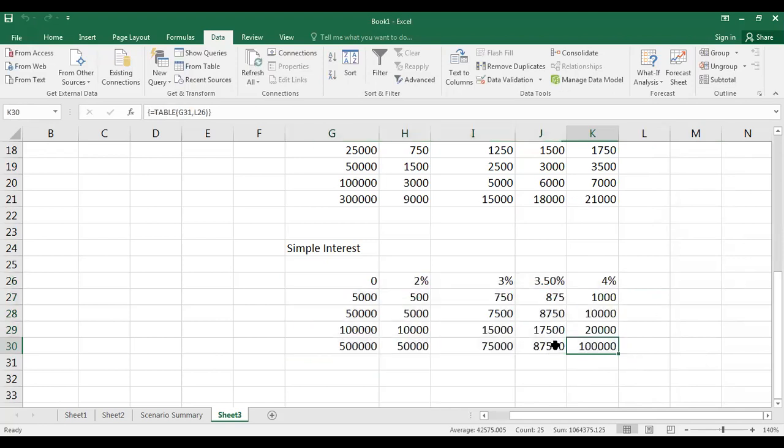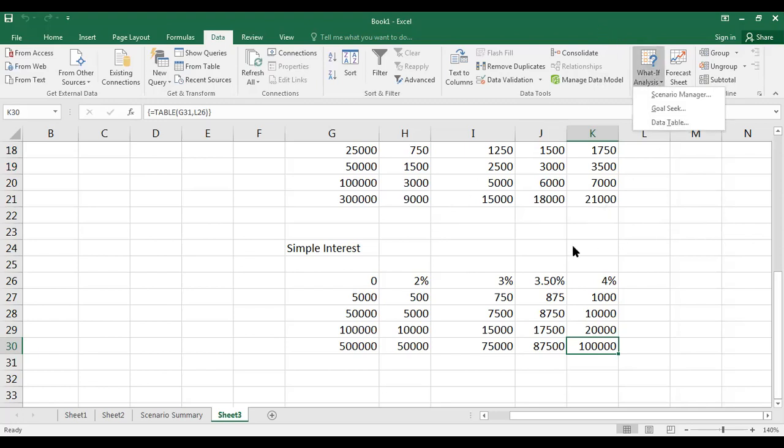Now the values will be filled. Inside every cell, it's the combination, for example 5 lakhs into 4% into 5 years. For 5 years, this is the simple interest. If they invest 5 lakhs, they will get 1 lakh rupees as interest at the end of the 5th year. Like this, the interest rate may differ for the period or for the plan in which they are investing. So if you want to prepare a table with a set of formulas, then go for a data table.